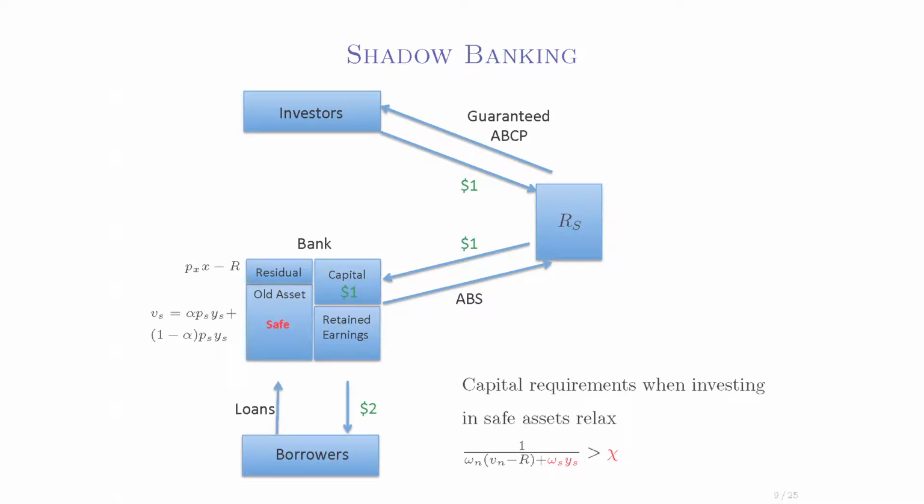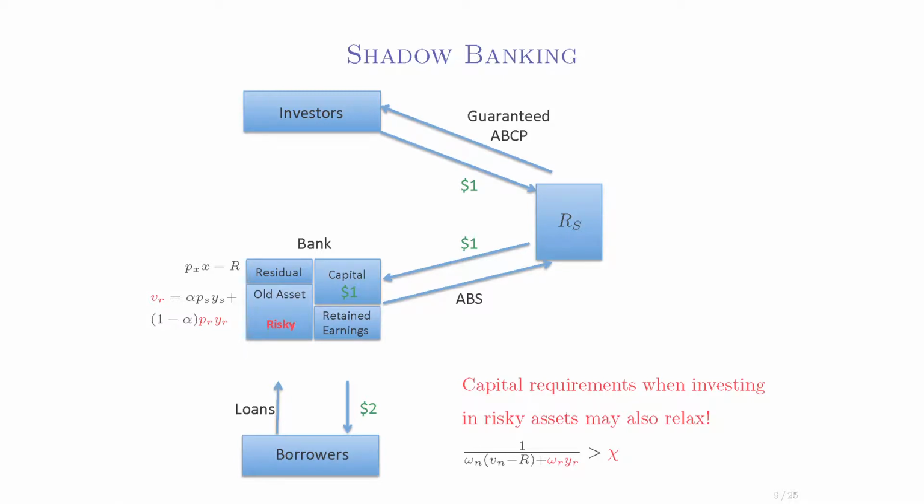But on top of that, it can be relaxed even if they invest in the risky asset. If the regulator sets a capital requirement equal to 1, then shadow banking cannot be used at all, even when it would be optimal for the bank to be able to get around it. Okay? Why is that? Because this situation couldn't be fulfilled. Okay? So this is how I think about the use of shadow banking.